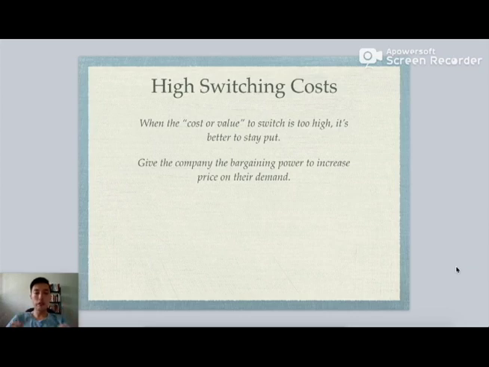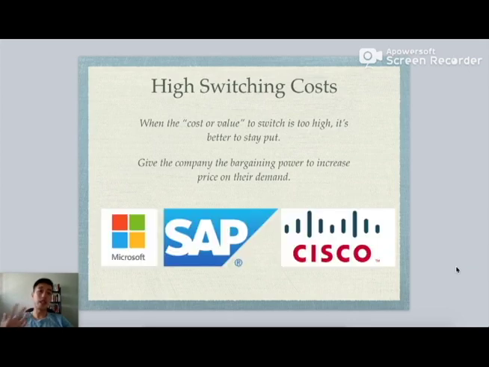So this actually gives the company who have this moat an extra advantage in terms of bargaining power, so that in the long run, if they want to increase their price, they are in control because they have the demand that is ready for their services. Some companies, like Microsoft, for example: we know that a lot of corporates are using Microsoft operating system and Microsoft Office. If any competitor wants to come in and ask a company to switch over, for example to iOS or some other third-party operating system, it's going to be a lot of hassle.